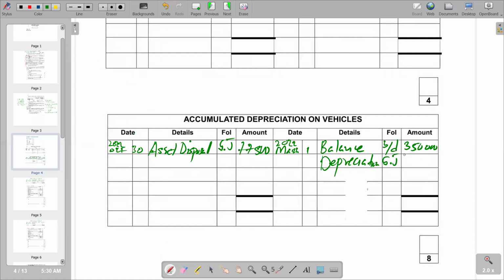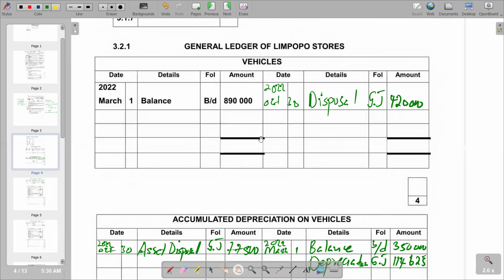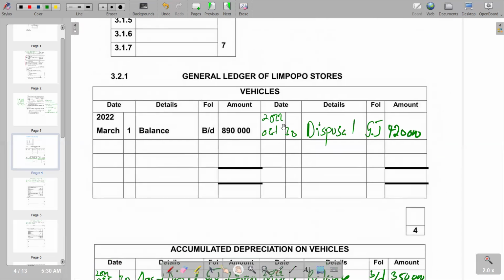Then the amount that we have is 114,625. So this is what is here for the credit side. Having done that, remember we also have this account that we have for vehicles. So we have a new vehicle which was bought, which we need to also